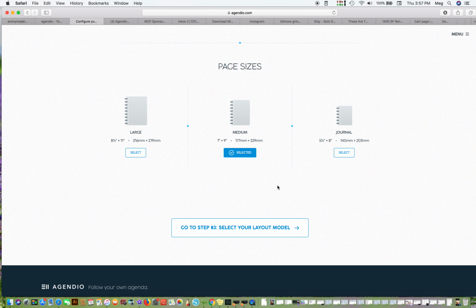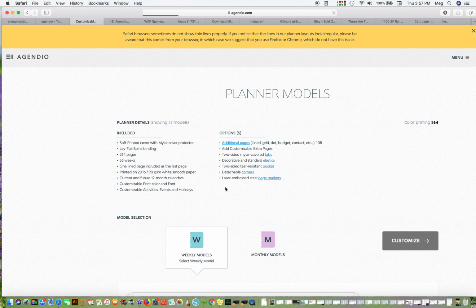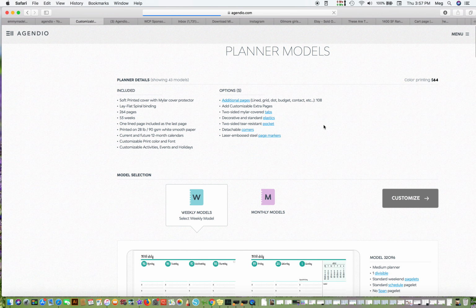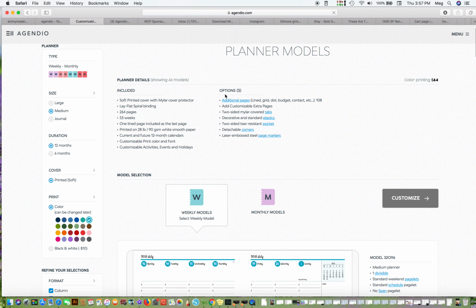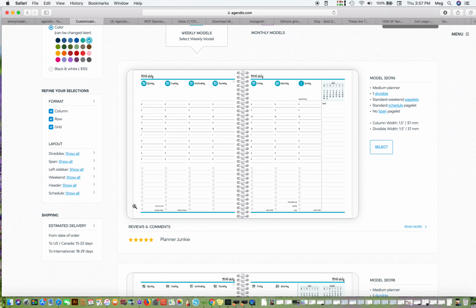So we're going to select that. And now it's going to ask us to go to step 3. So I'm going to click on that and it's going to bring me to the next step. All right. It doesn't like my Safari, apparently. So from here, this is going to outline everything and all of my customization. And so as I go through